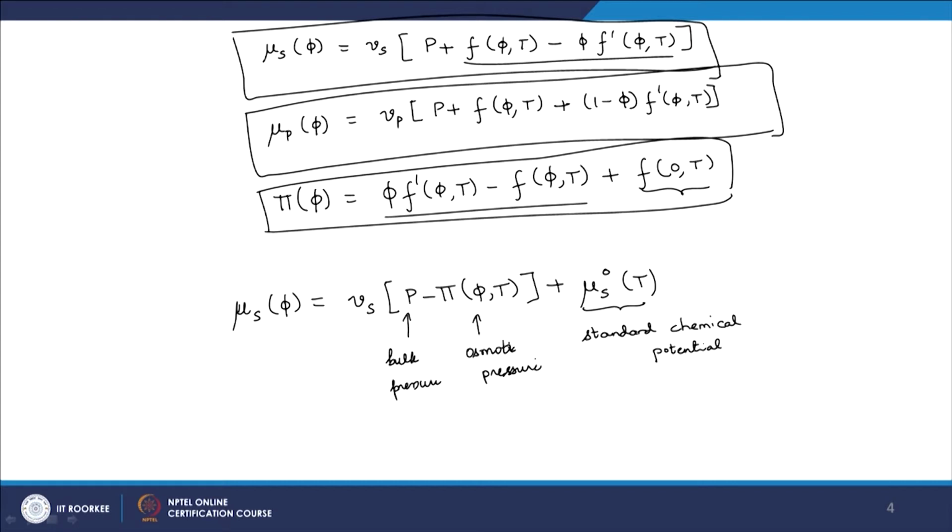But nonetheless, the key idea that a single function f describes all that we care about thermodynamically speaking is really true, because we can write the Gibbs energy in terms of f of phi, we can write the chemical potential in terms of this, we can write osmotic pressure in terms of this, and now, as I will demonstrate, we can also talk about phase equilibrium in terms of the function f of phi. That way, without even talking about what the function is, we can already talk about what forms of functions will give what kinds of behavior.